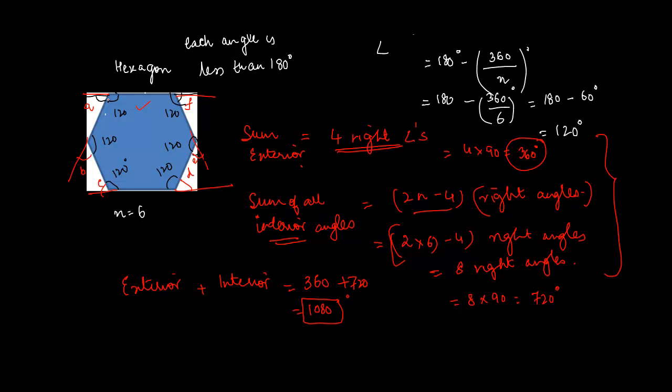right? Now each of these lines is a straight line, so each exterior and interior angle taken together represents a straight line, which is what? 180 degree, right? So if you actually do the sum of this, each side represents 180 degree. So there are how many sides? 6 sides. 6 into 180 degree is equal to 1080 degree, which is interestingly the same thing that we have got here. Okay,